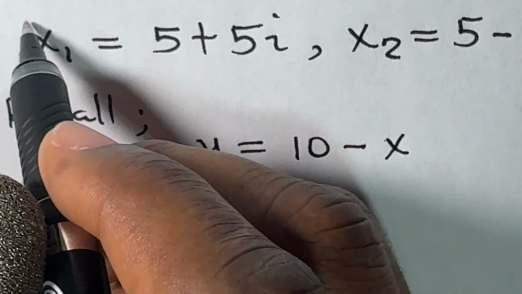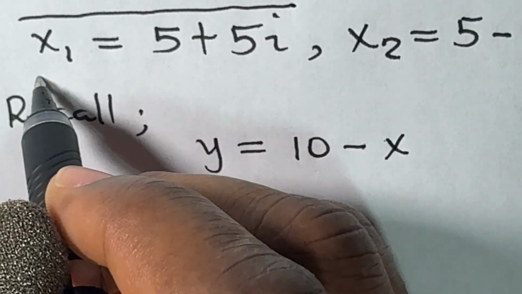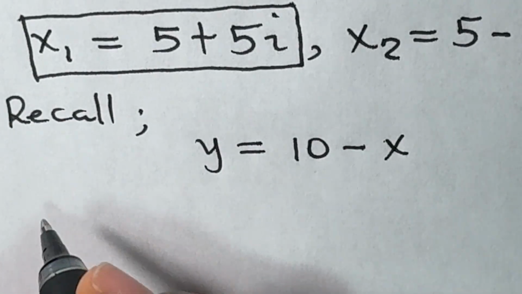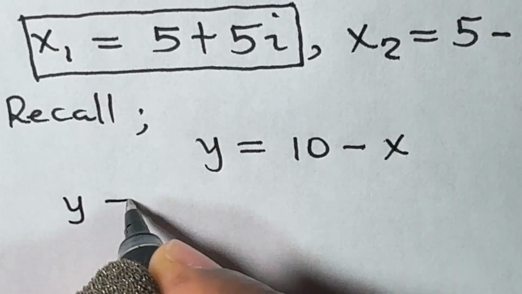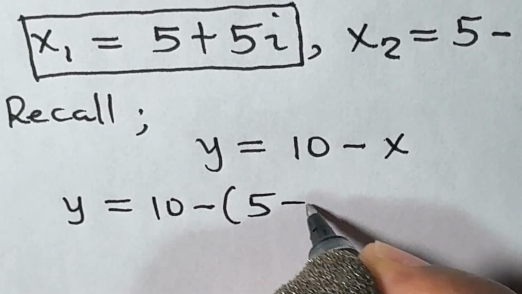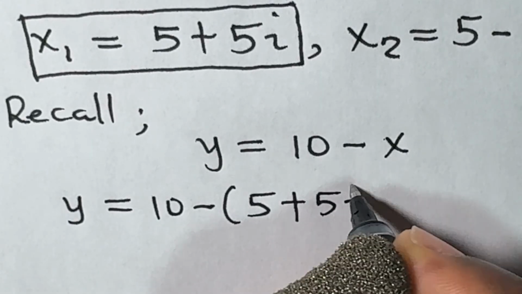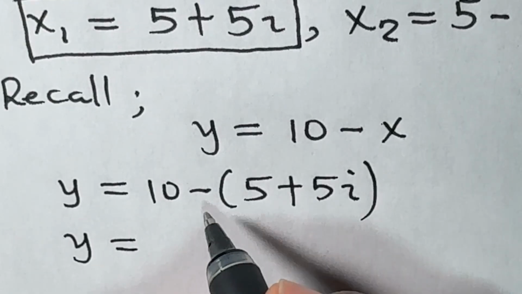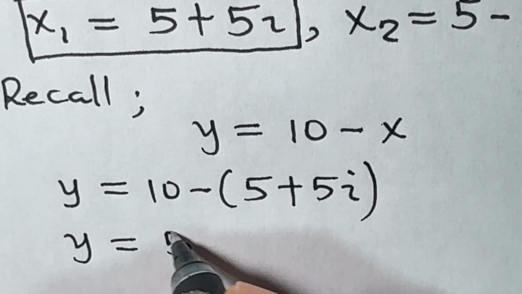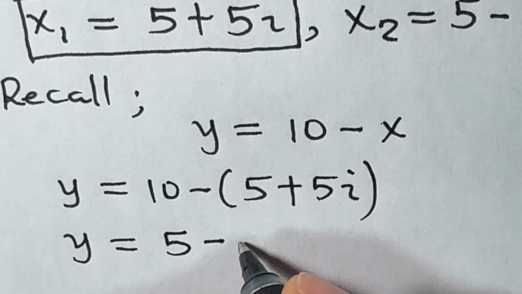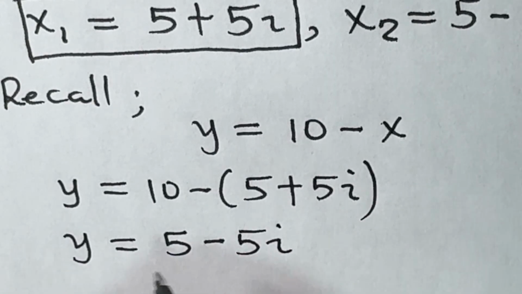So when x is 5 plus 5i, y is going to be 10 minus 5 plus 5i. So we get y is equal to 10 minus 5 here is 5, minus times plus is minus, then we get 5i. We call this y1,